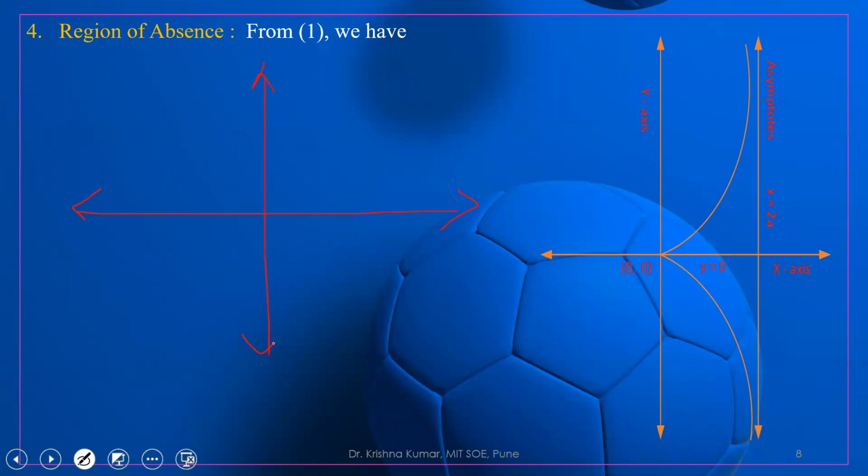Now, first thing is, what is the tangent at origin? The tangent at origin is x equal to 0. x equal to 0 means what? The y-axis is the tangent at origin. So now if it is the tangent at origin, what can we do? We can draw like that. This is the tangent and this is the tangent at this point. Why are these two tangents? Because the curve is symmetric about which axis? X-axis. So if we draw one curve to this side, we will also get the same type of curve on the other side. Is it correct?